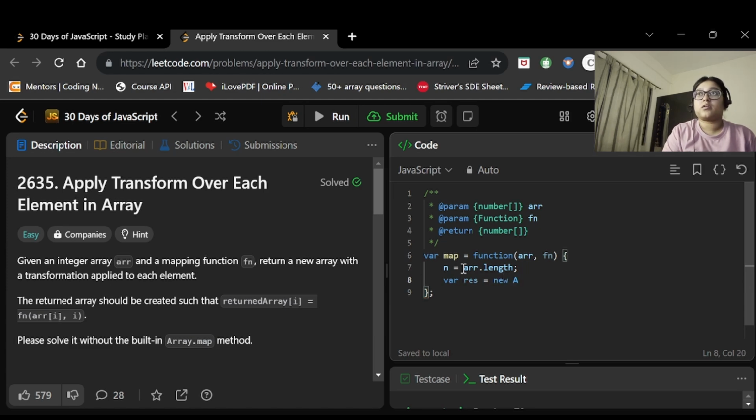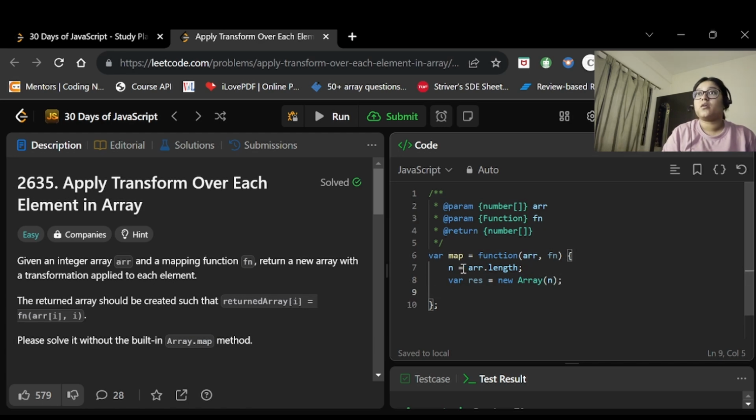using the constructor method we will be declaring a new array, and we will declare the size here also, and the size will be n. Now we will be iterating on the elements of the initial array and we will be sending that value to the fn function.